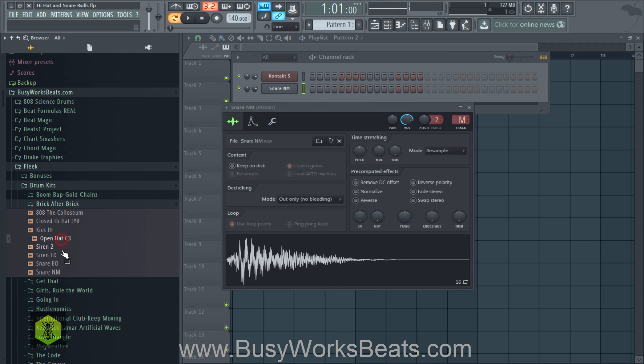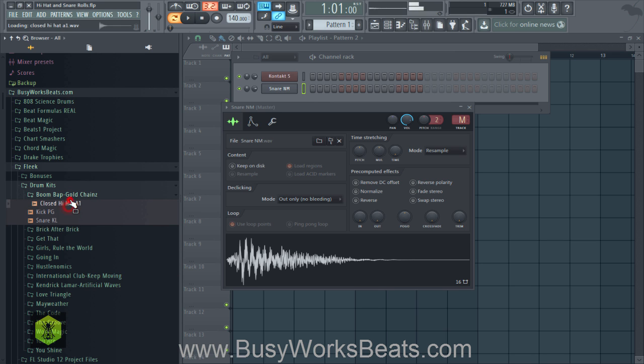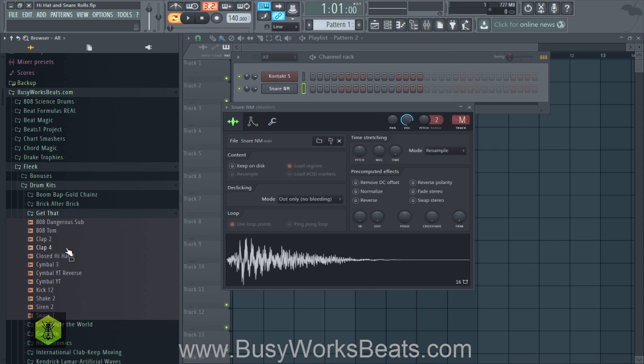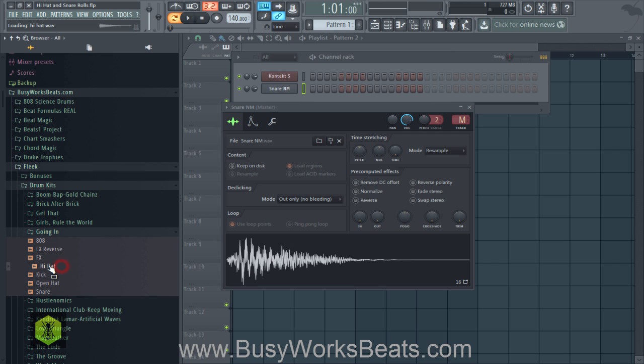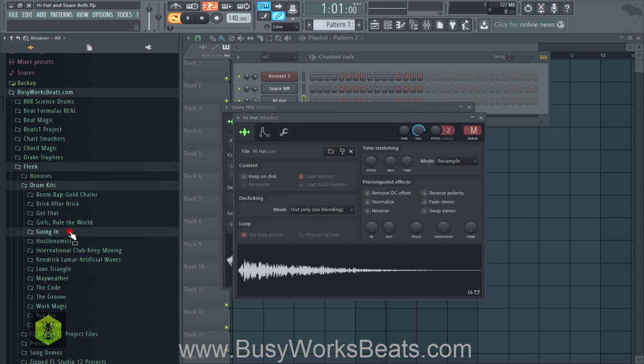And what else? Hi-hat roll. So we've got to find a hi-hat. That's a cool one you can use for a more abstract hi-hat roll. Let's go for the more classic, higher pitched sound. So let's see. So here's a perfect sound for a hi-hat roll. Boom. Okay, so now we have the hi-hat and we have the snare.